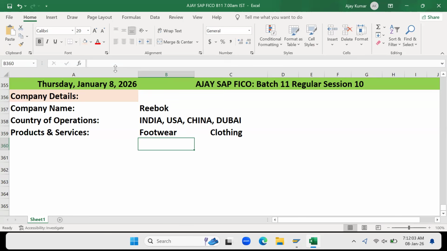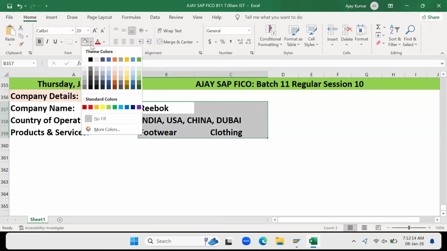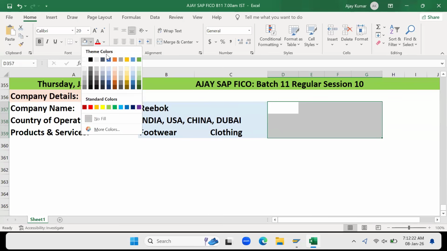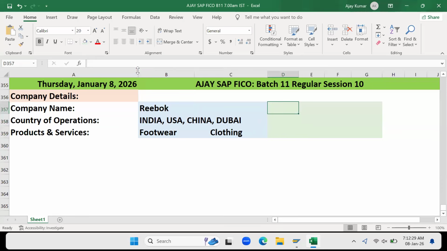Now, same thing if we have to put one more. Okay, let's say this is Reebok. One company we've listed. If we have to list one more company as an example, can you tell any other company? Not related to footwear, some other. HUL. Dell. Okay, if you put Dell,